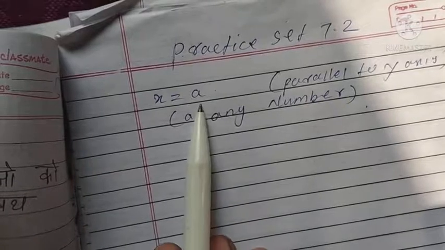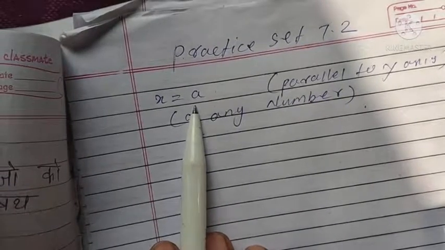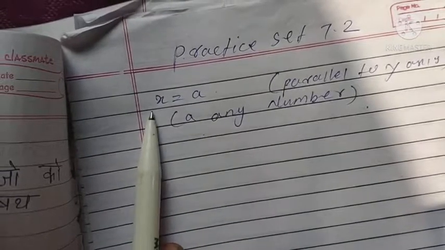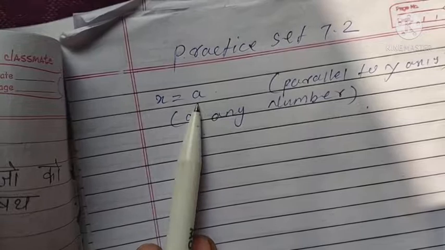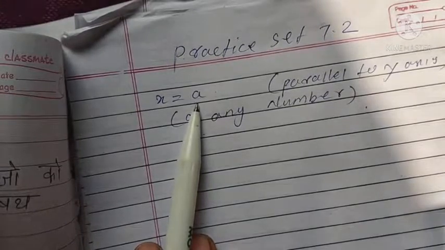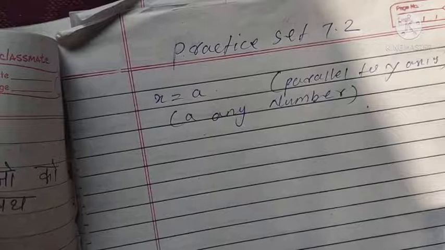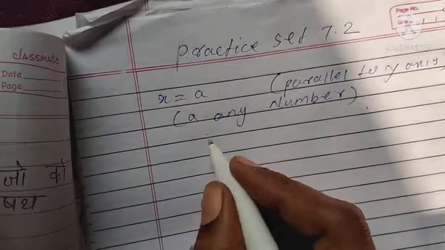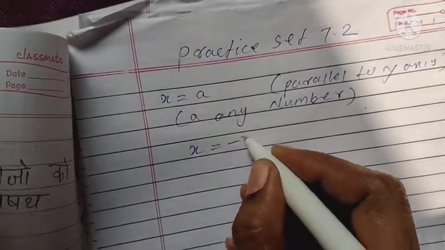But here a is the distance. a is nothing but the distance in a coordinate system. Here the distance is 7 units from the left. From the left hand side the 7 units is minus. On the x-axis the left hand side coordinates are negative and right hand side coordinates are positive. So from the left hand side the distance is minus 7. So the equation of the line is x = -7.